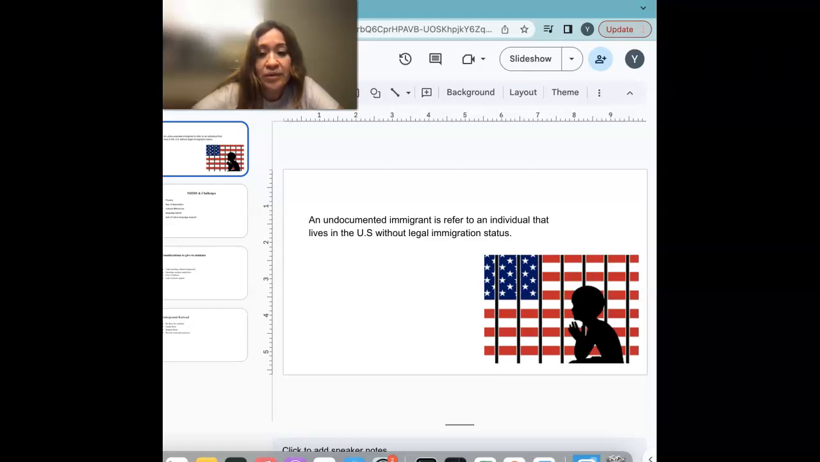An undocumented immigrant is referred to as an individual that lives in the U.S. without legal immigration status. Some undocumented immigrants enter the U.S. illegally, but there are some that enter with legal documentation. For instance, those individuals that are non-immigrants, but they enter the U.S. with visitor visas. But then those visas expired and the individuals still decide to stay in the country, which also